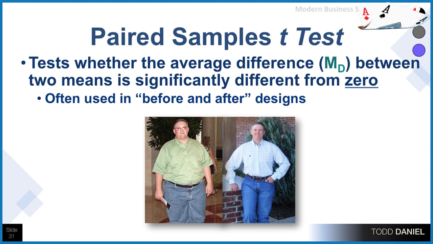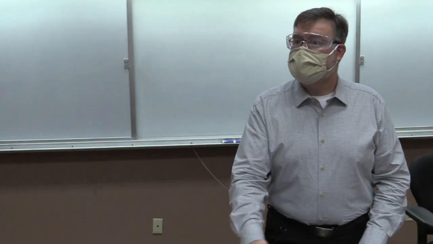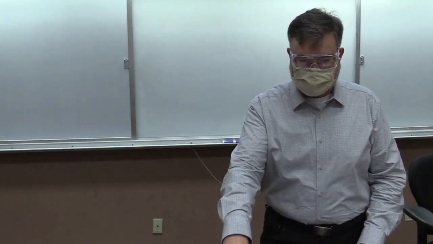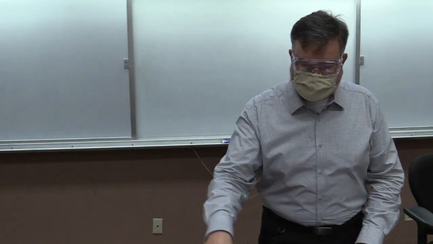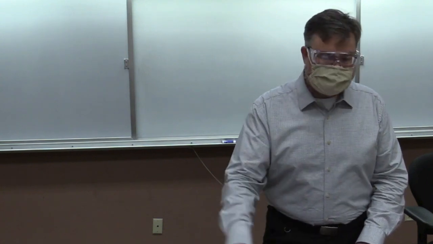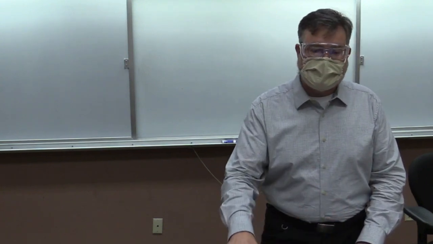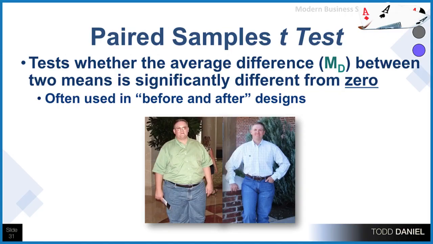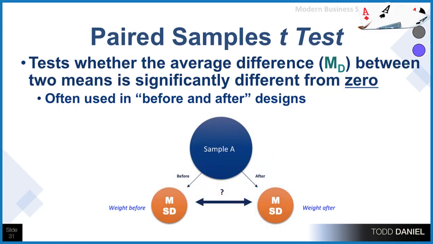So there was a show, used to be on TV, called Biggest Loser. There were some reasons why that went off TV, but it was a good example of a pre and post design. So we have a group of people who are selected because of their weight, and we run them through a series of exercises and diet and changing lifestyle, and then we measure their weight afterwards. So what we have is one sample, one group of people. So if you think of this reality television show, it's the same people on the show. We measure their weight before, or their baseline coming into the program, and then we measure their weight after.